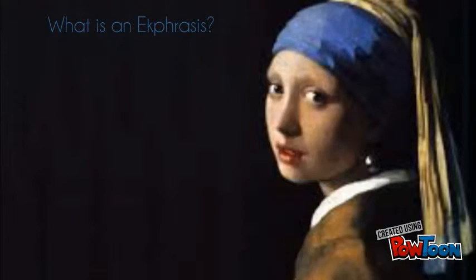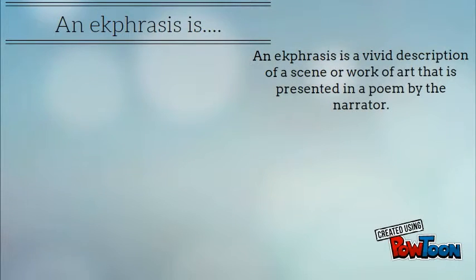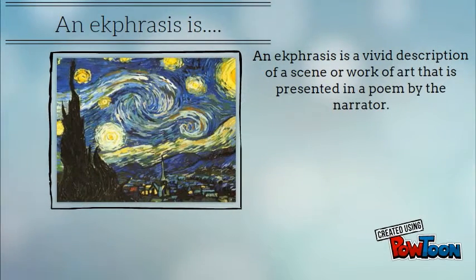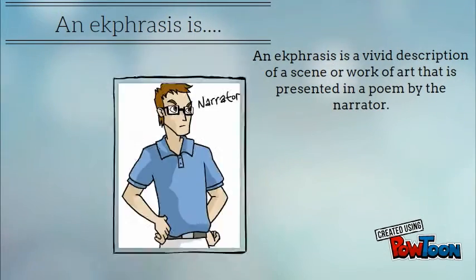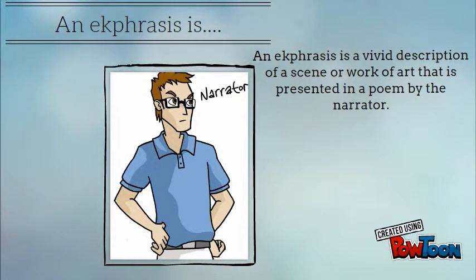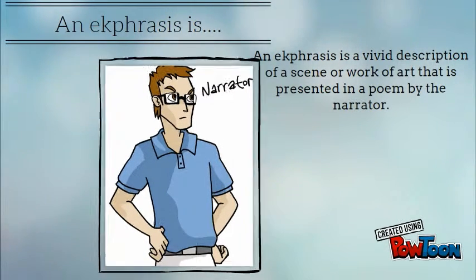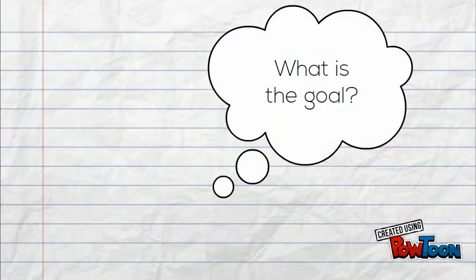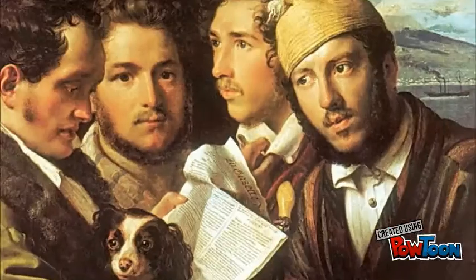What is an ekphrasis? An ekphrasis is a vivid description of a scene or work of art that is presented in a poem by the narrator. In these literary works, the narrator typically reflects on the painting, which allows him to expand on its meaning. The goal of this literary form is to make the reader envision the art that is being described as if